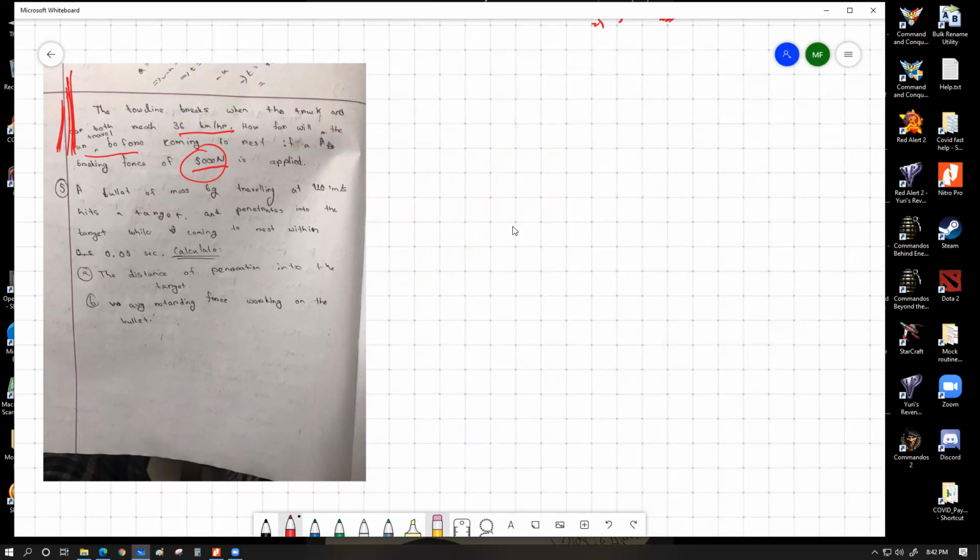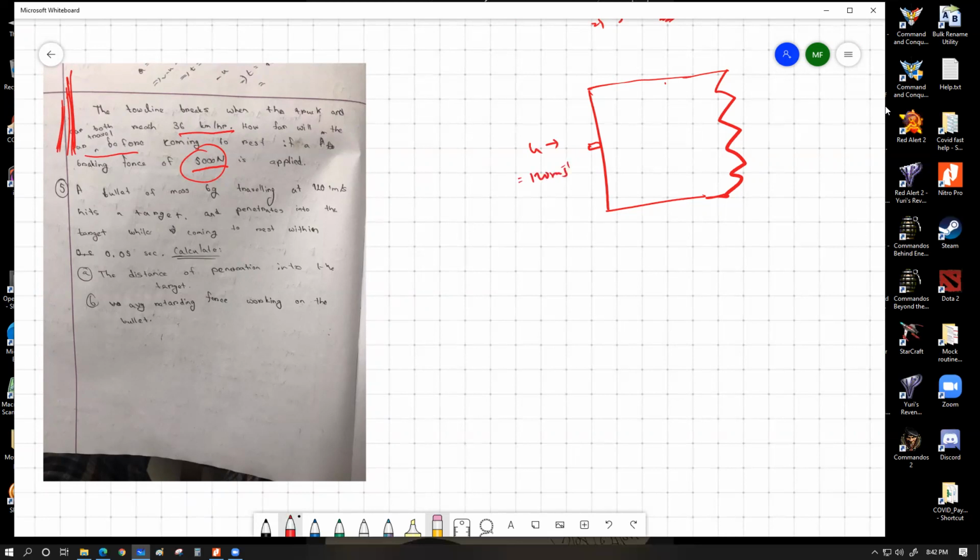So let's try to visualize the scenario. Let's say this is the target. The target can be drawn to be pretty long. Let's say I'm giving a break sign. A break sign actually means the object can be further long, but we're only showing this much part because we're interested in this much part. The bullet was before when it hit the target. So at the point of hitting the target, the initial velocity right over here is equal to 120 meters per